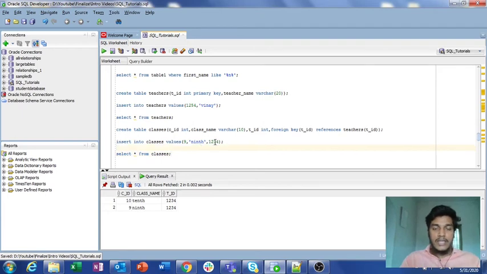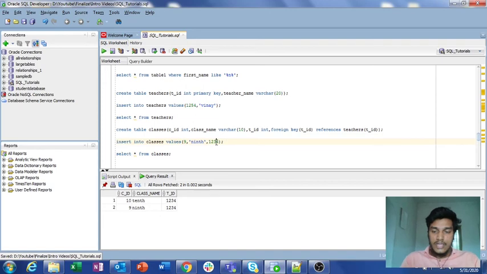So I think you will get some idea on how to use the foreign key and what is the main use of foreign key. Foreign key means, if you want to use the existing data in another table, by specifying only the retrieved data, then you can use the foreign key. That means if you want to insert into a table, and that particular value exists in another table, then you can use the foreign key here.